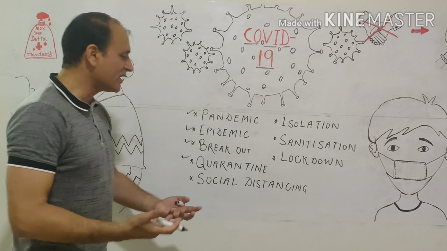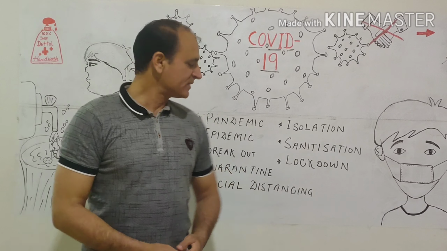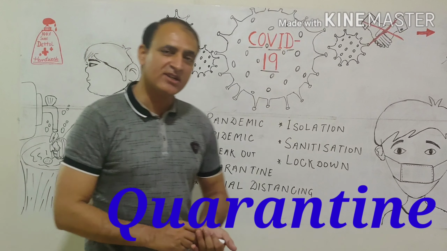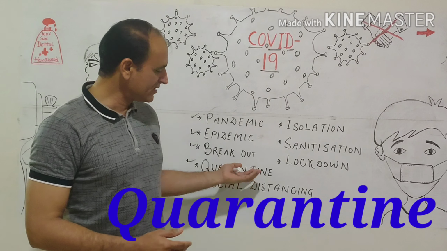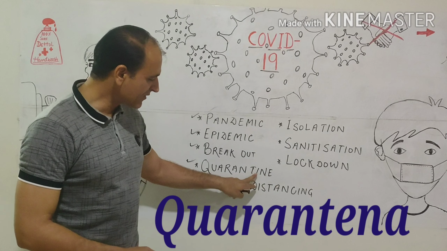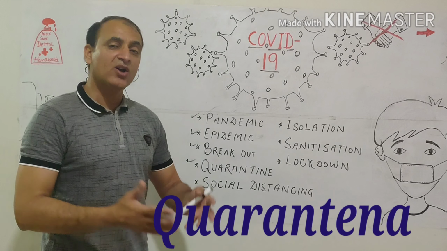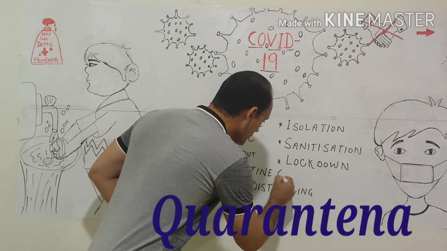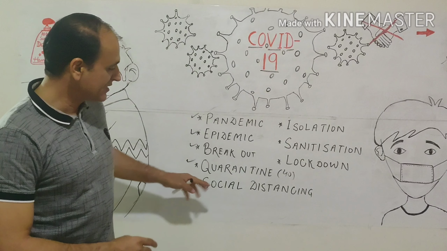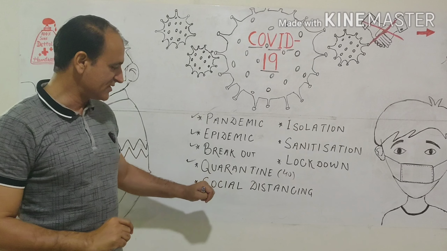Another word. The next one is a very new word. Even I knew this word for the first time after this coronavirus attack. That is quarantine. Quarantine, actually the word comes from the Venetian language and the word it stems from is quarantena. In place of INE, the basic word is TENA, quarantina. And quarantina's basic meaning is 40 days, a group of 40 days.